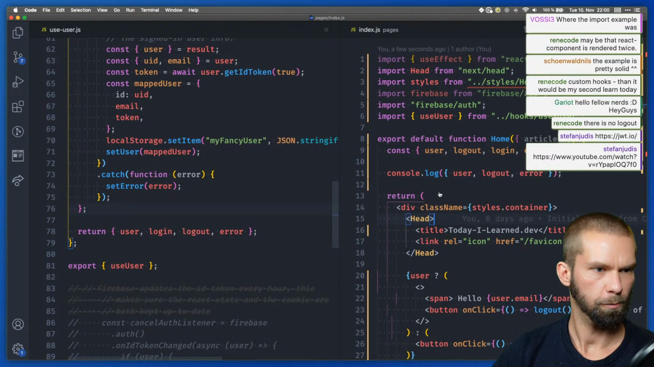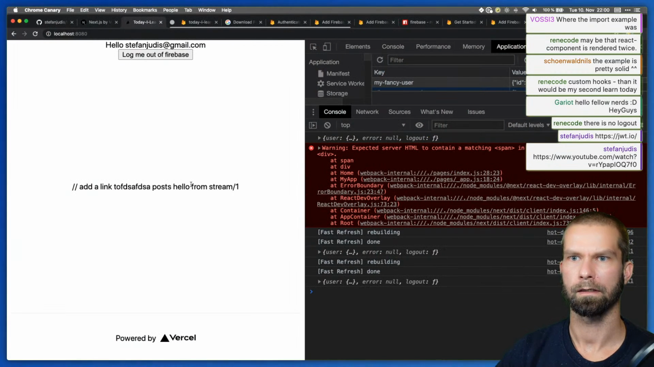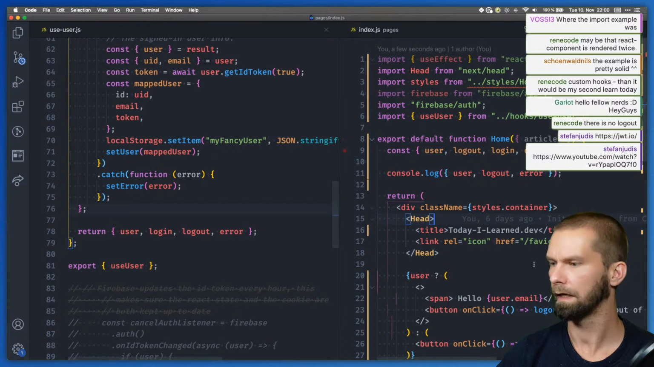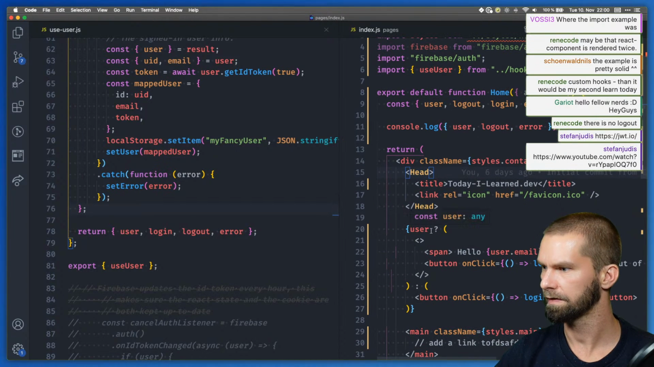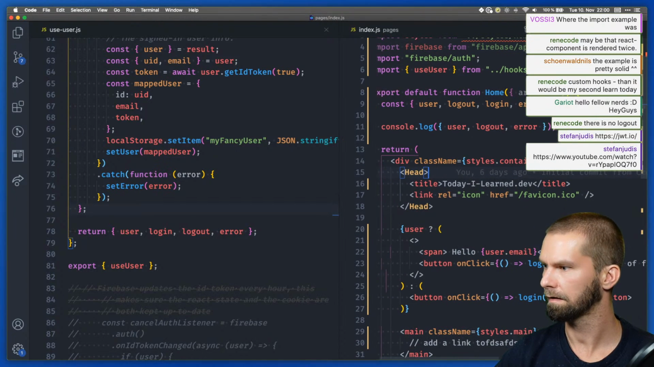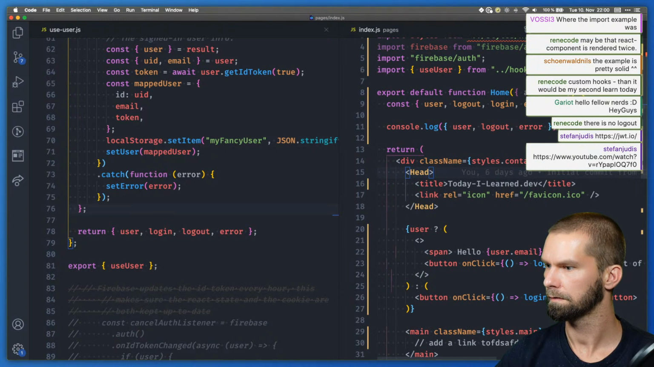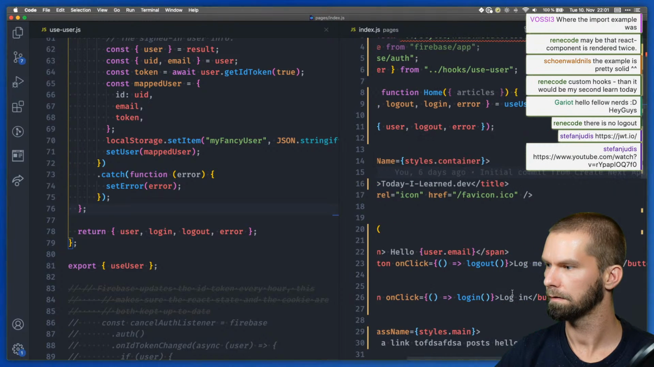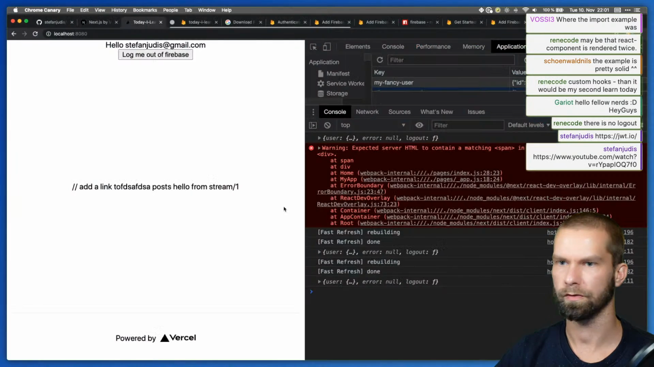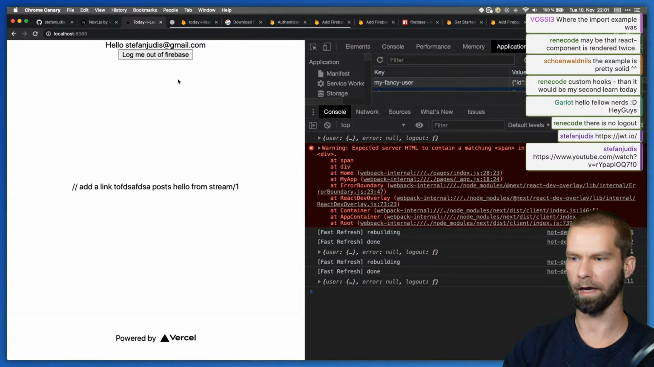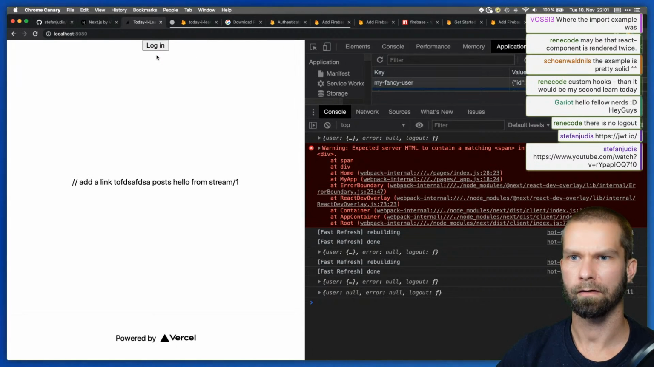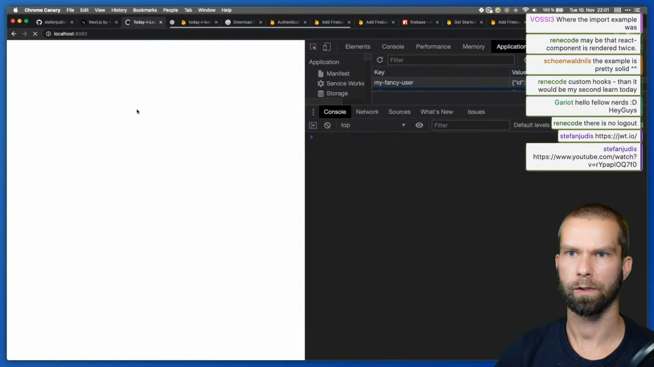So with this, potentially what we could do now is that... well, I have something mixed up. So if there is a user, on click logout, and if there's no user, login. Okay, so what I can now do is I can click logout. Sweet. When I now refresh,